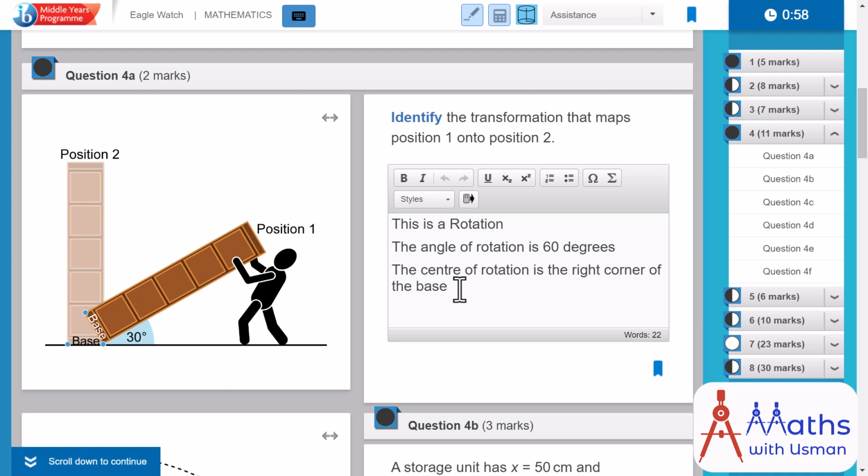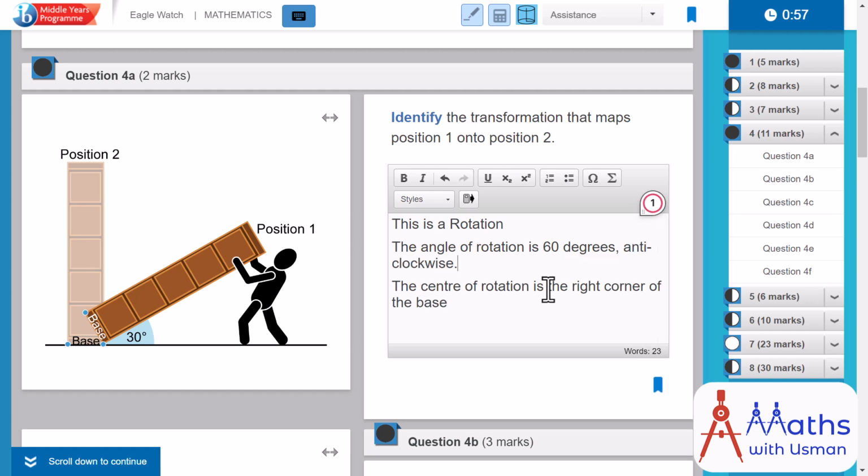So always remember, whenever you talk about a transformation, you want to talk about the name of the transformation first and all of the qualities that are essential to that transformation. So this is going to be a case of rotation because you are turning. To describe a rotation, you basically need 3 things: the angle of rotation, the direction of rotation, and the center of rotation. That's how we start. The angle of rotation is 60 degrees, but I haven't mentioned the direction of rotation, which is clockwise or anti-clockwise. I need to see that the motion is going in an anti-clockwise direction. So this is going to be the answer,